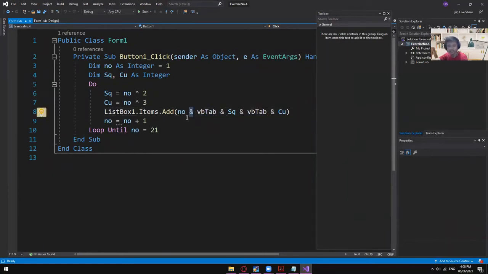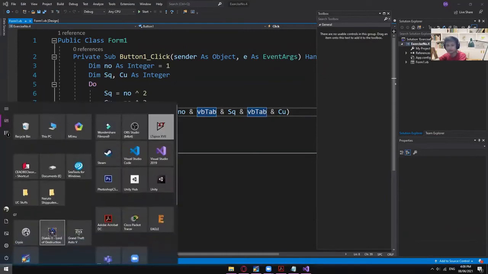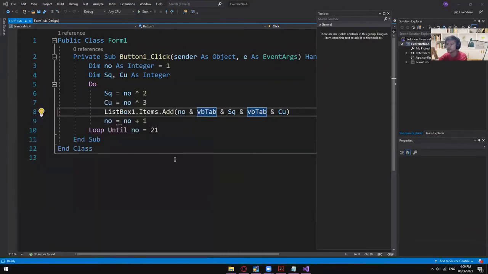So & is concatenation. We're just basically combining the number and then the squared. But before we can combine them, I've added another function right here, which is called vbTab. It's quite similar with Microsoft Word, when we press tab, or with Notepad. So